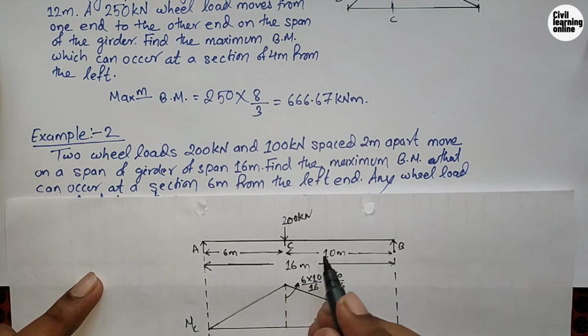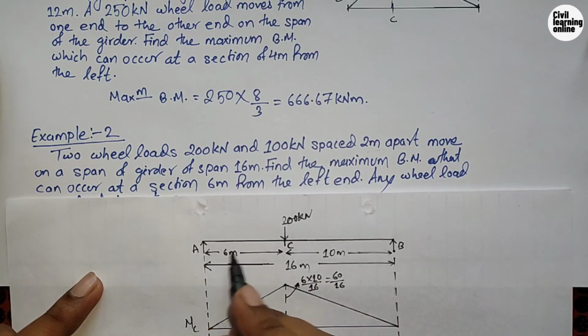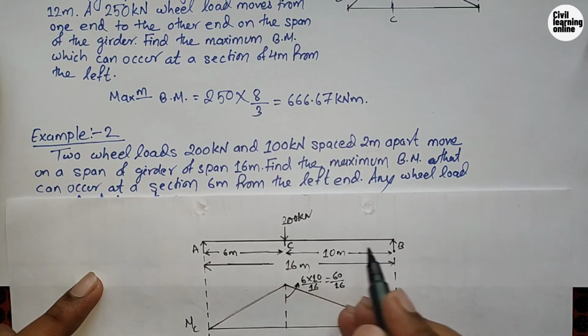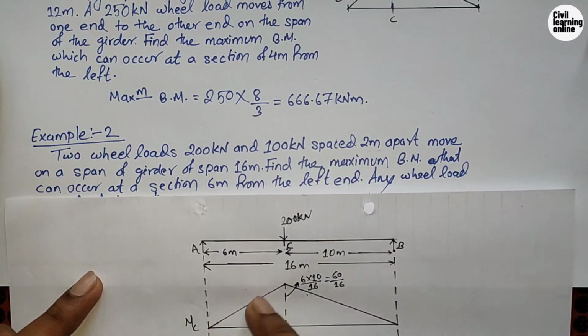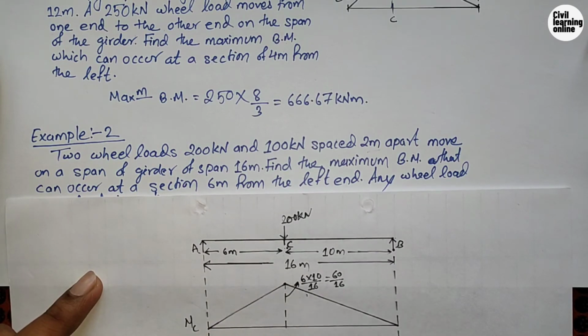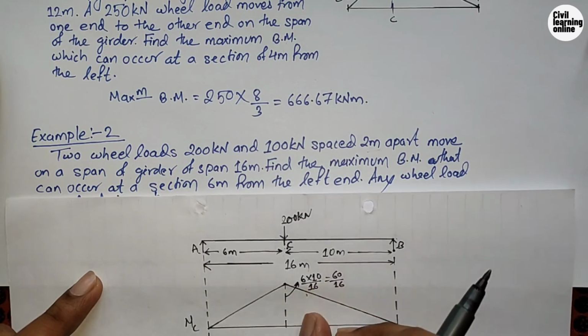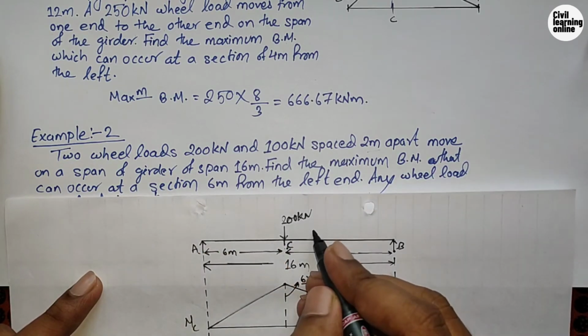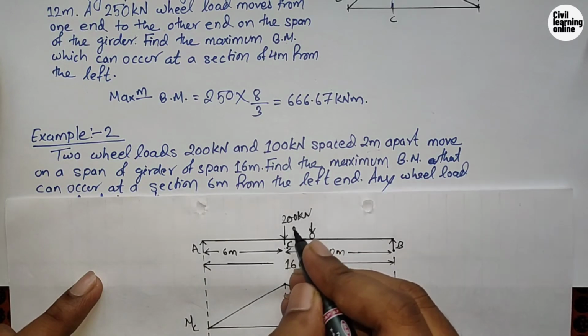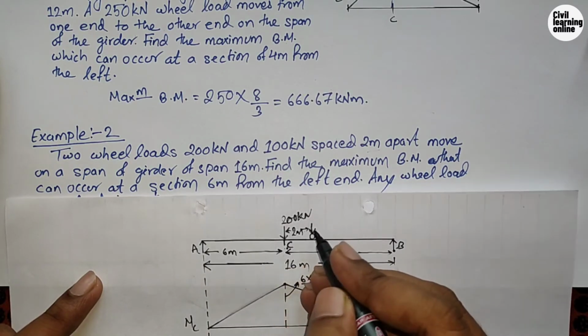because guys the span of CB is greater than span of AC. I repeat, span of CB is greater than span of AC. Hence when we calculate the ordinate under the loading, the maximum value will be of this triangular portion, and the minimum value of the ordinate will be of this triangle portion. If we compare these two triangles, the maximum value of the ordinate under the loading will be in this triangle, because the span CB is greater than the span AC. So place this 100 kilonewton load 2 meter right of 200 kilonewton load.